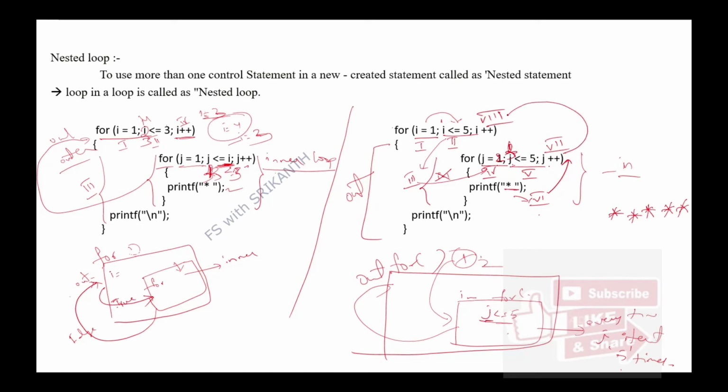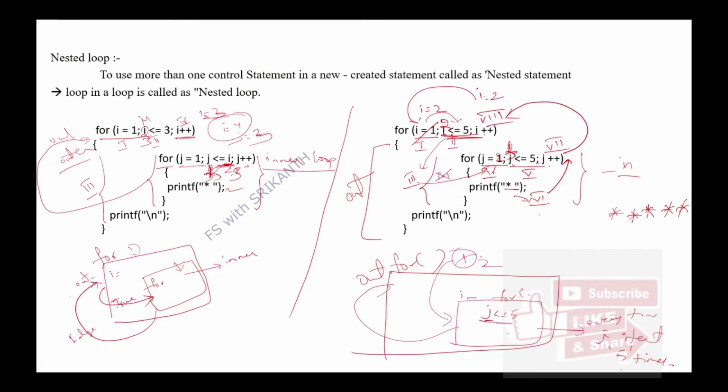When the j value is 6, the condition is false, then the trigger is forwarded to here, then the i value is updated to 2, and this i value is again forwarded to here. What is the value of i now? Previously 1, it will be updated to 2, and again i checks the condition, it takes the condition 2 less than or equal to 5, and again this condition is true,